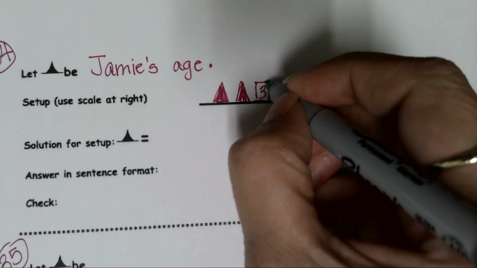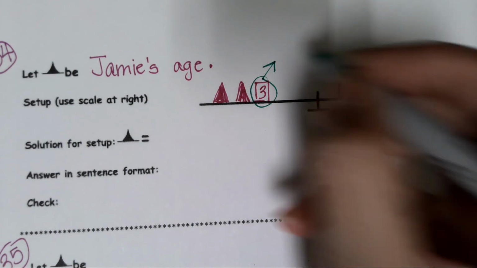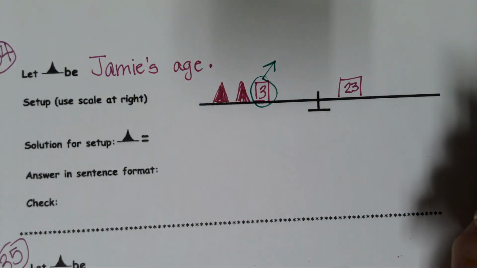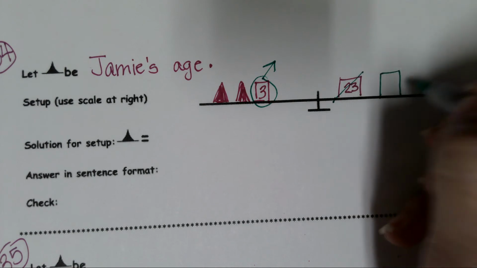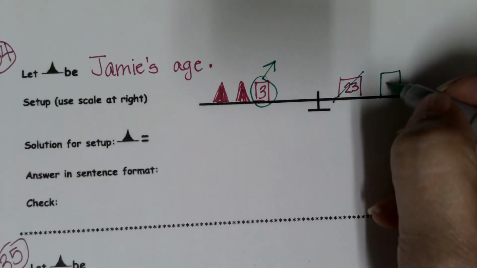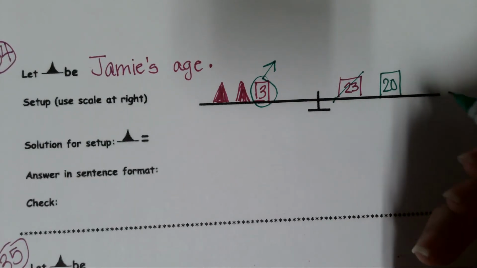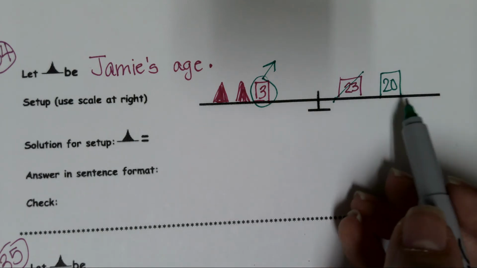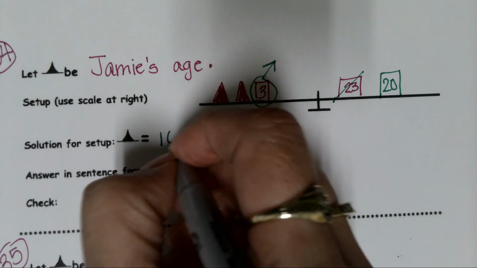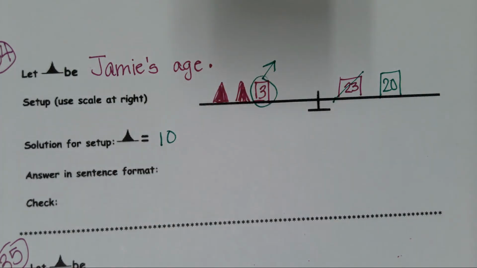So we need to take away the number on the left, which is 3. And if we take away the 3 from the 23, what does this become? Well, 23 minus 3 is 20. And that leaves us 2 pawns equals 20. And 1 pawn would be equal to 10. In sentence format, we would say that